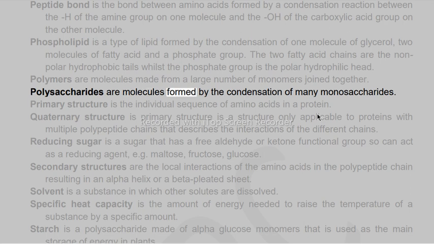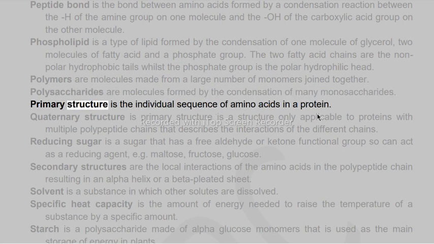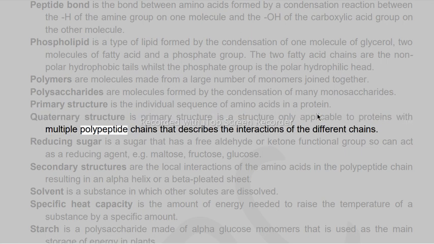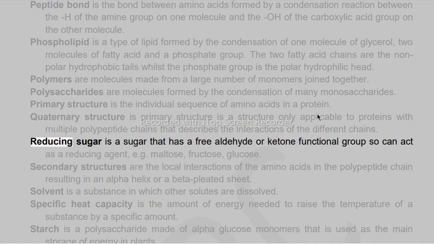Polysaccharides are molecules formed by the condensation of many monosaccharides. Primary structure is the individual sequence of amino acids in a protein. Quaternary structure is a structure only applicable to proteins with multiple polypeptide chains that describes the interactions of the different chains. Reducing sugar is a sugar that has a free aldehyde or ketone functional group, so can act